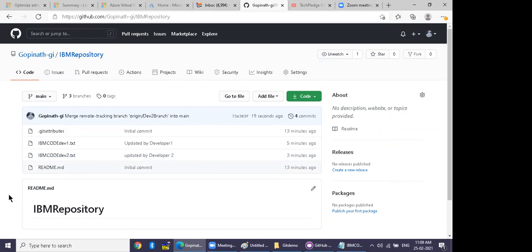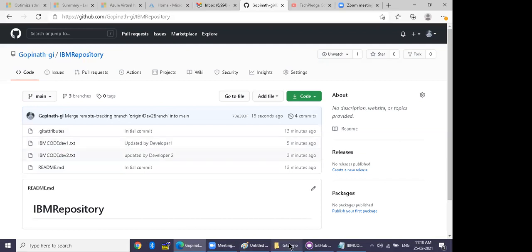They have branching, they have cloning, they have all these options. So now let's say, for testing, development, everything. For an example, this time developer 1 creates a code, and the same code is going to be used by developer 2. No separate file. It is the same as we did yesterday, but this time we are going to do it with branching. Let's create a new project, this time called Apple project.